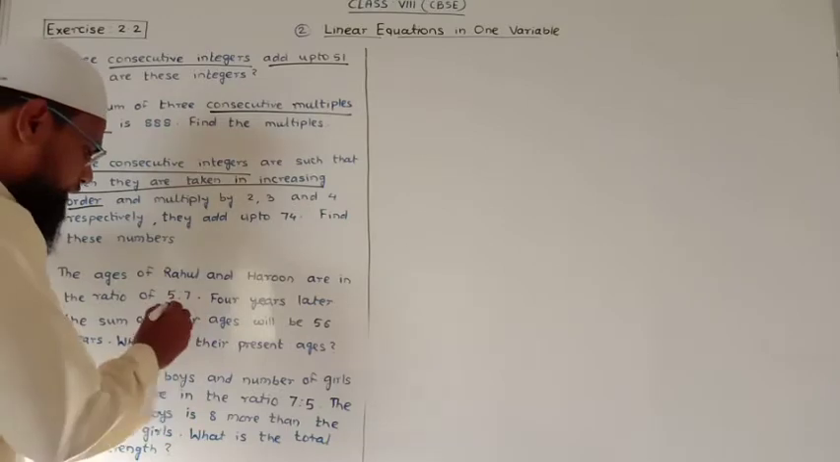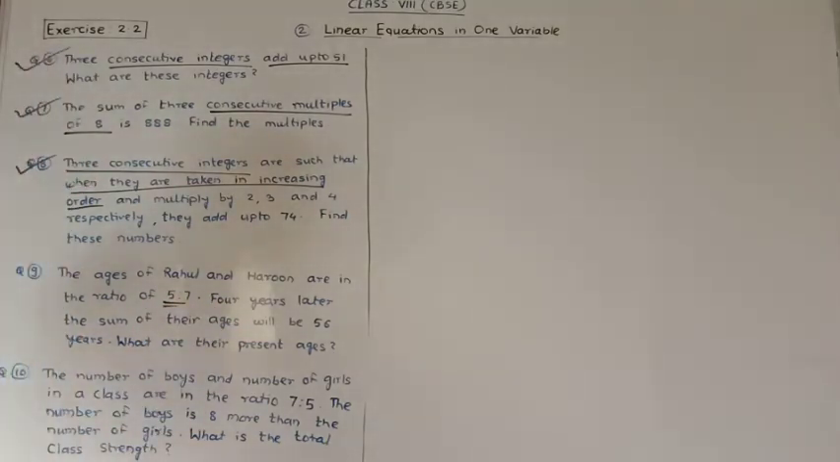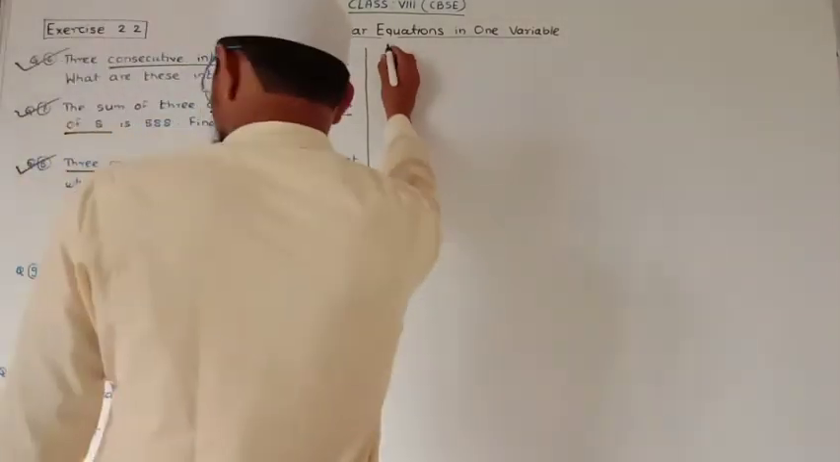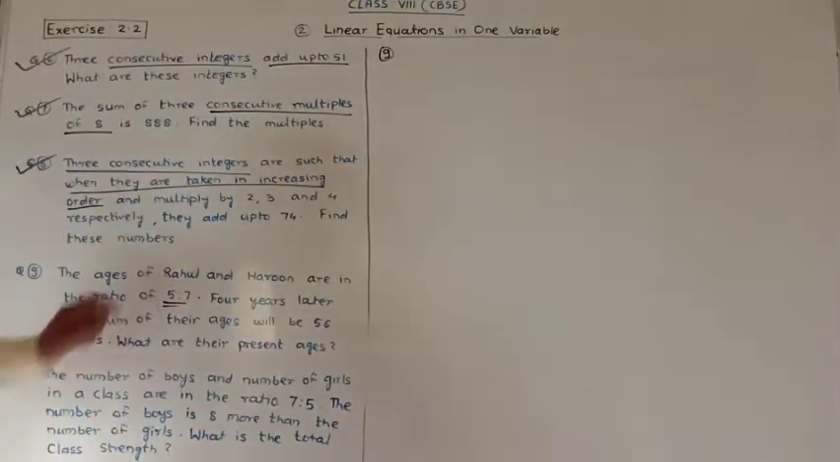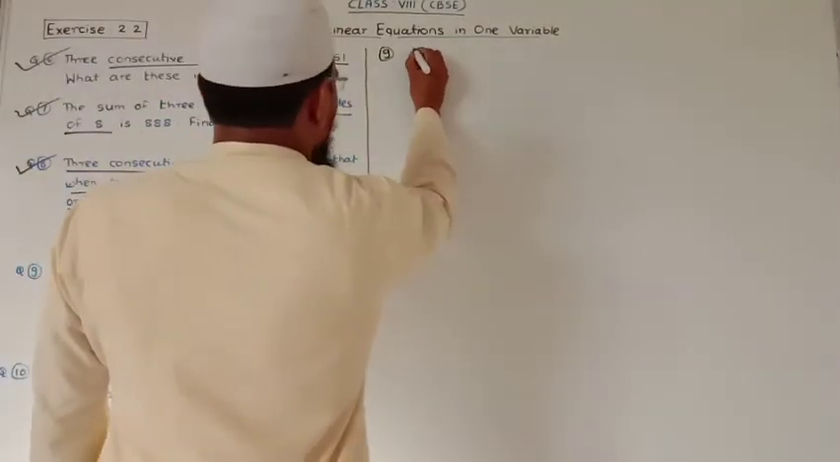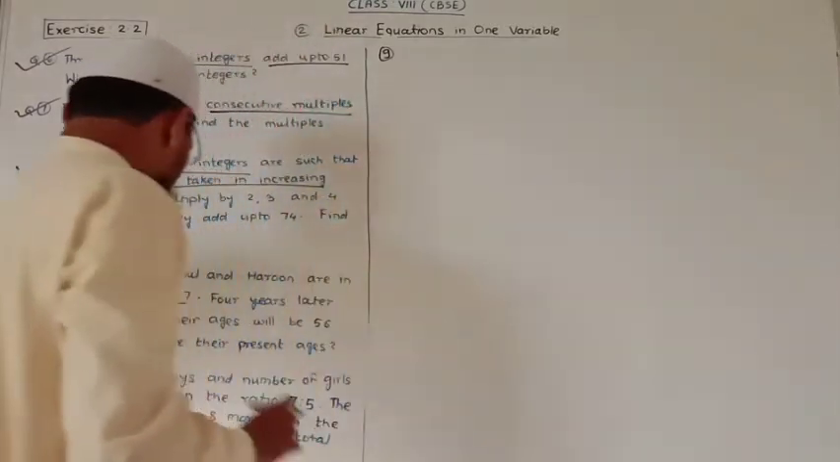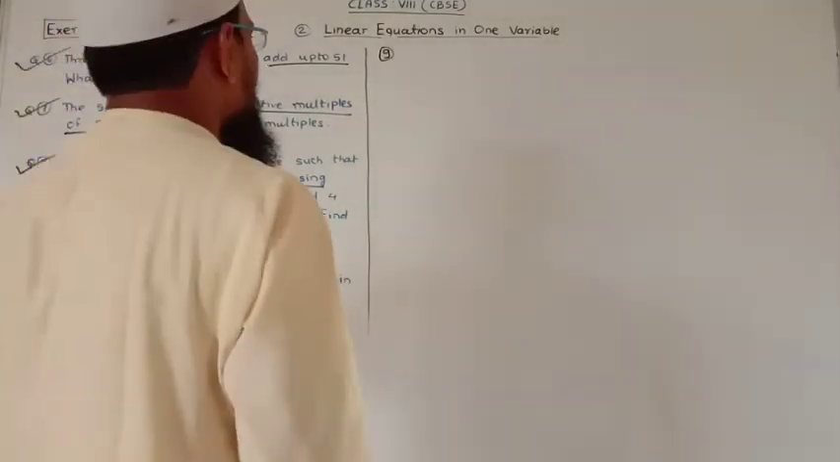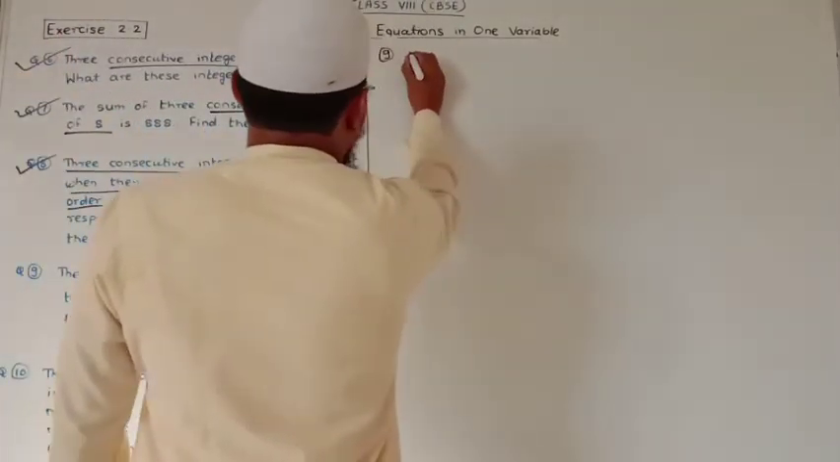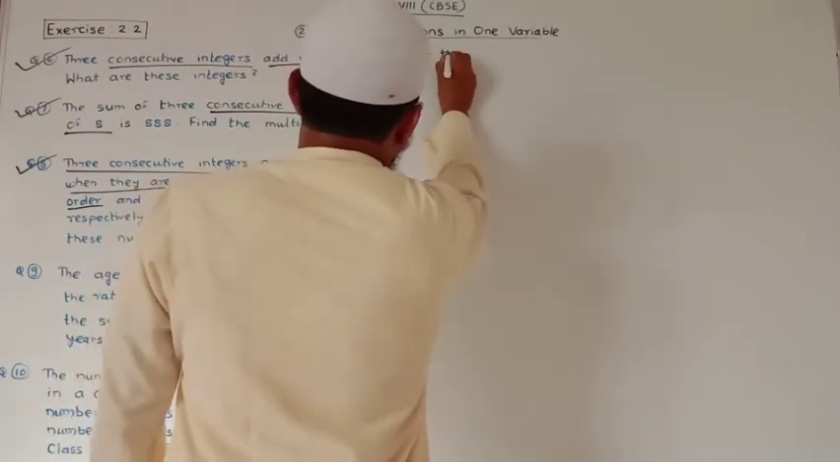So when the ratio is given, we consider the ages, or we consider the variable, in this form. First of all, we write the question number, solution number 9. In ages problems, we consider the present age as x, so in the form of x. So here we write, let the